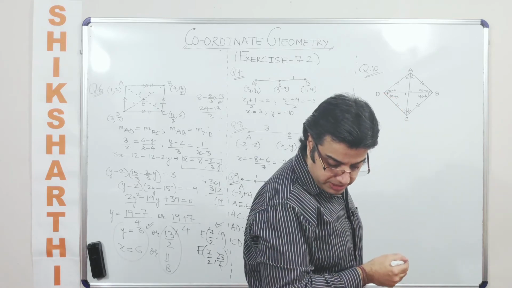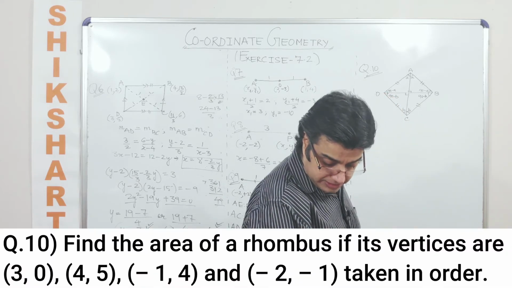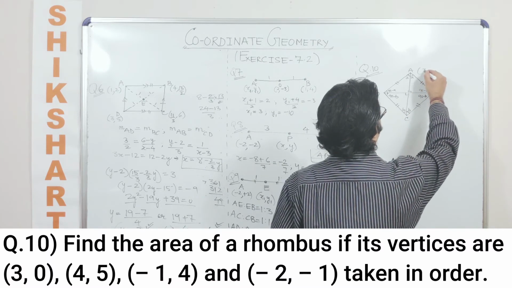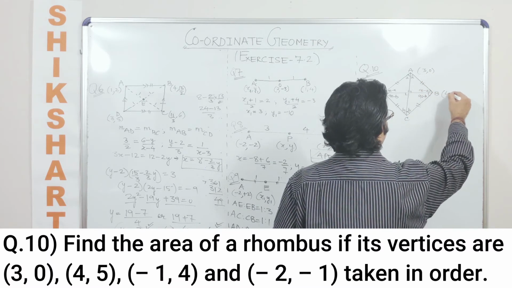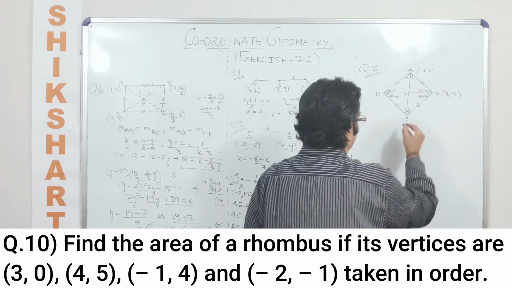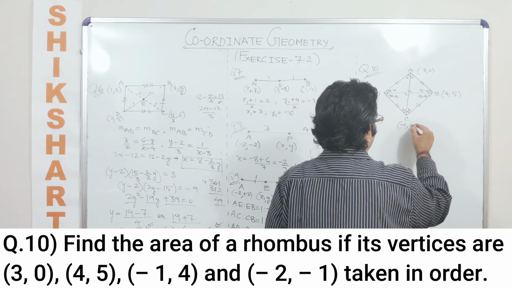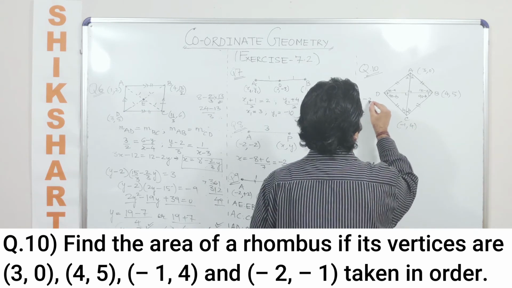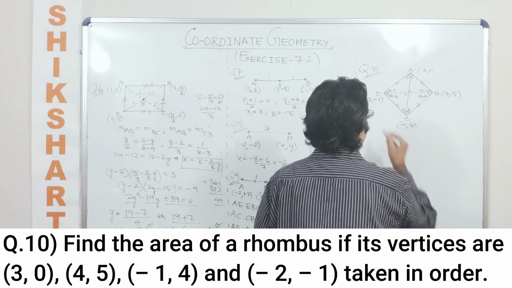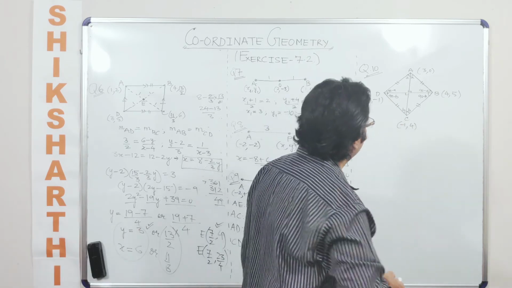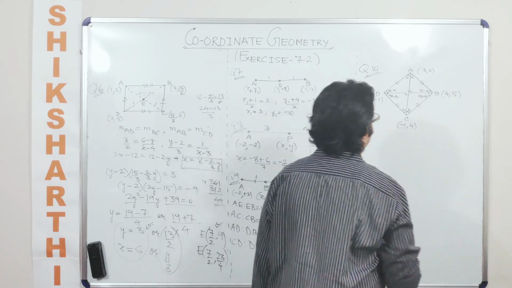And the coordinates which have been given to you here are in the same order: 3, 0, 4, 5. C here is given as minus 1, 4, and D is given to you as minus 2, minus 1. What are they asking you to calculate? Let's find that out. And one more thing that you need to understand here is, can I say that the